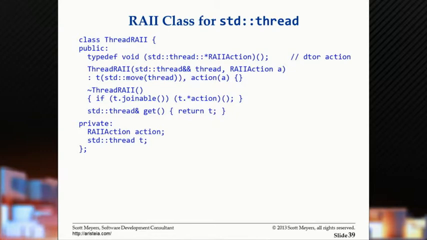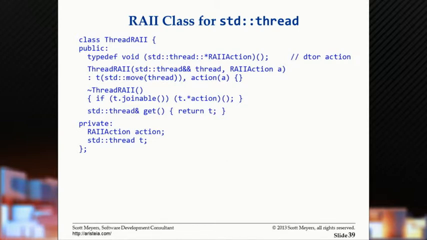And I'm thinking you're going to pass in either join or detach. Then what I do in the constructor, unsurprisingly, because it's an RAII class, I simply move the thread into a data member, and I then also store the pointer to the member function I want to call upon destruction. Then in the destructor, first I make sure that it's joinable, which is a member function